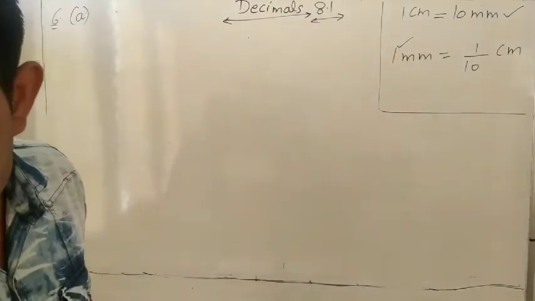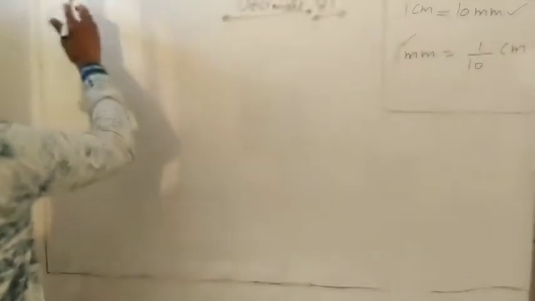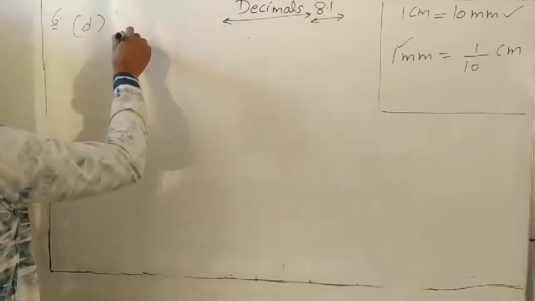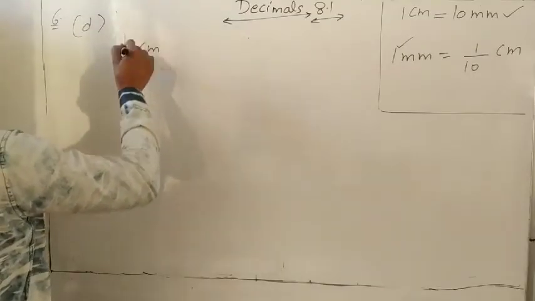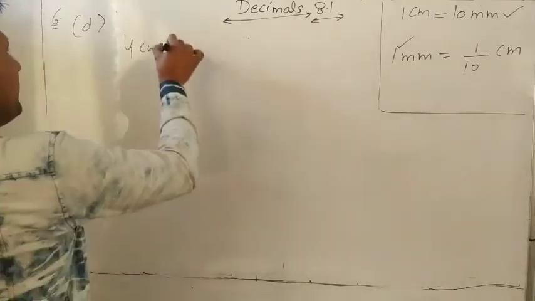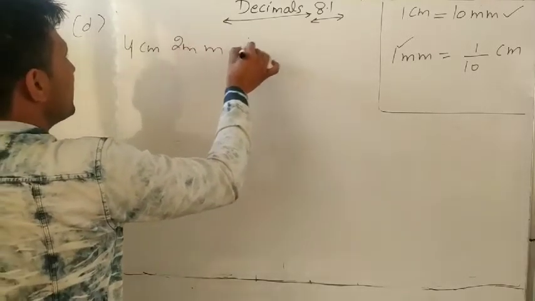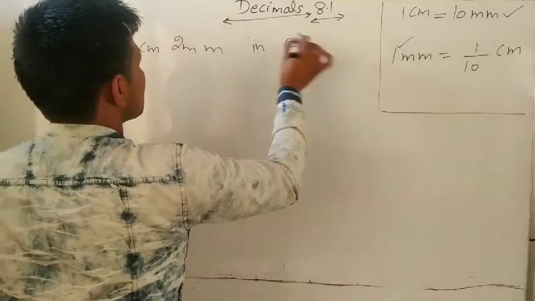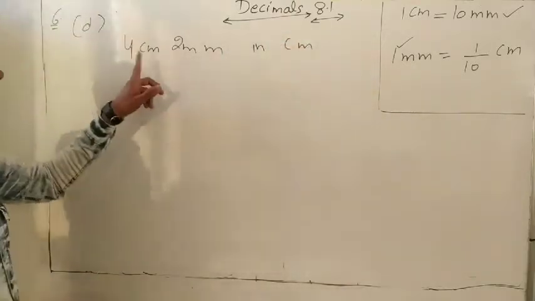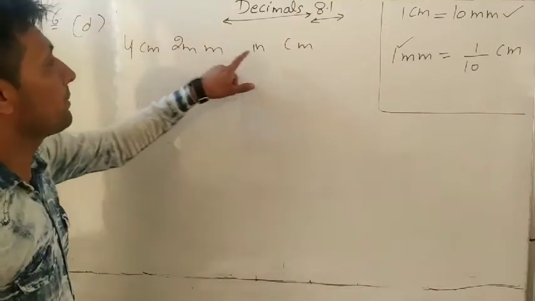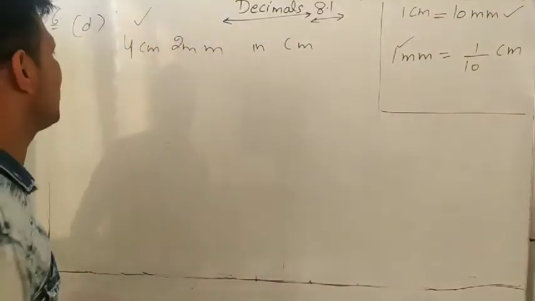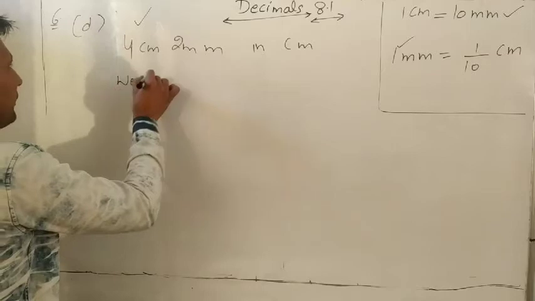Question number D part. What is D part? 4 centimeter and 2 mm. Represent in centimeter. We want to change 4 centimeter and 2 mm into centimeter. Yes, we observe it is already given in centimeter. So first we will write, we know